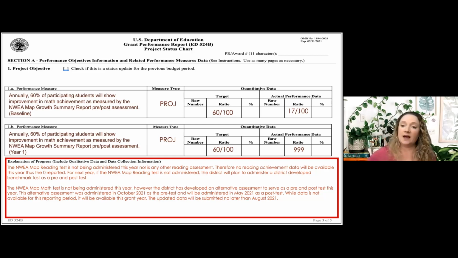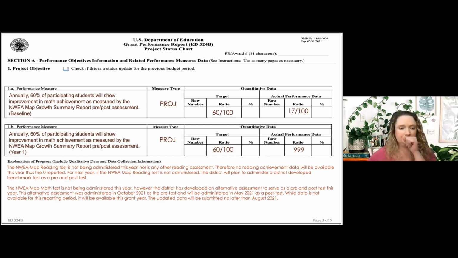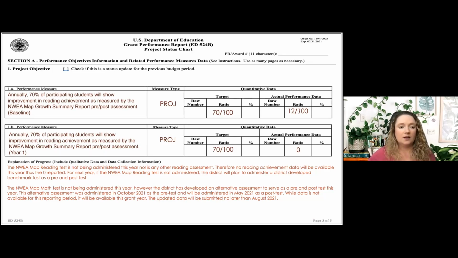Now let's look at the other option. This is my next project objective, which is about reading achievement. Notice again, it's the same in both boxes, with the exception that I have a baseline and a year one. They've both been marked as PROJ.